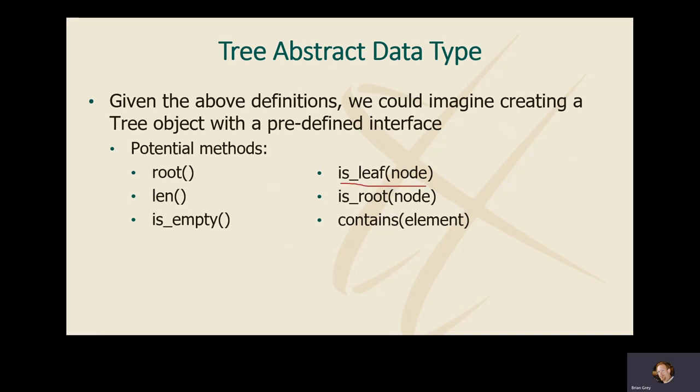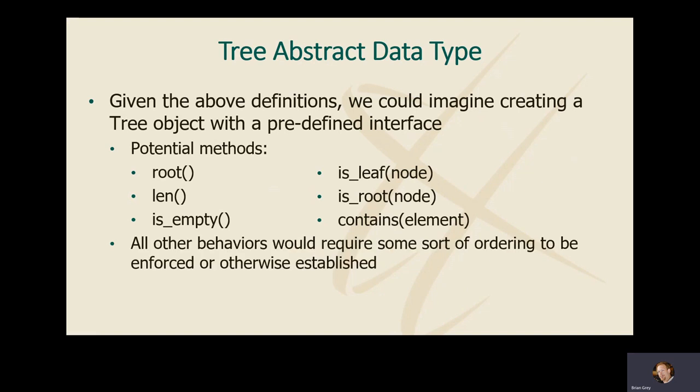We could pass the tree a node and ask whether it's either a leaf node or the root node. Those are valid ideas. Or we could say, hey, does this tree contain this element in one of the nodes? Here's an element. Does this exist anywhere in the tree? These are really good elemental behaviors that really we could do with any tree implementation. Other behaviors are going to require some sort of ordering